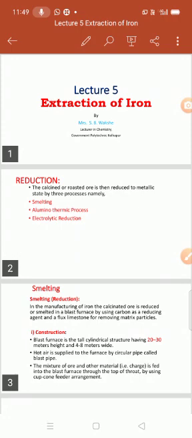In our earlier lectures, we discussed some definitions, then the flowchart, physical methods, then chemical methods, and this is the next point: extraction of iron. Here, as we know, Indian resources of iron are the richest in the world. About one-fourth of the total iron deposits of the world are found in India. That is, huge deposits of